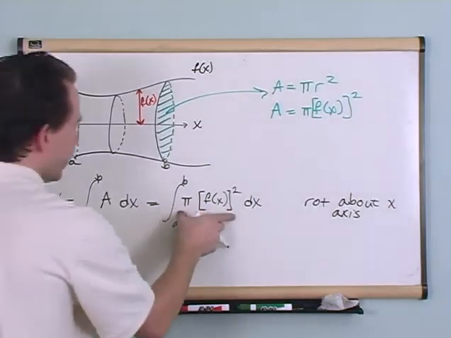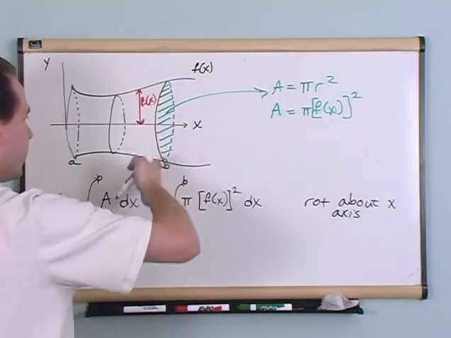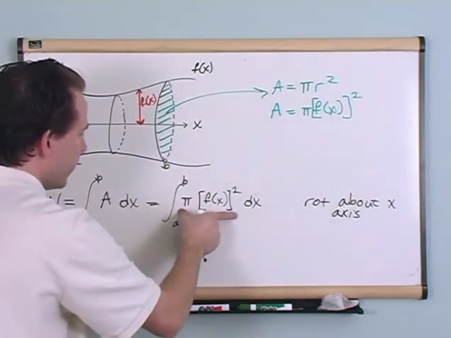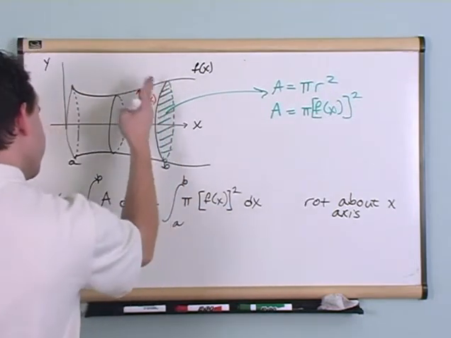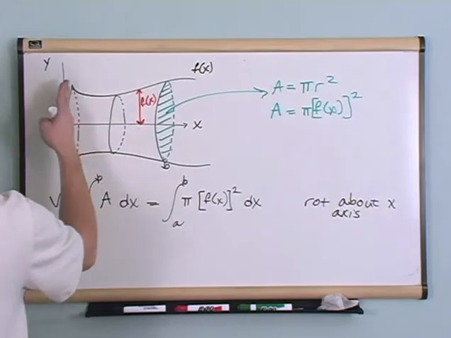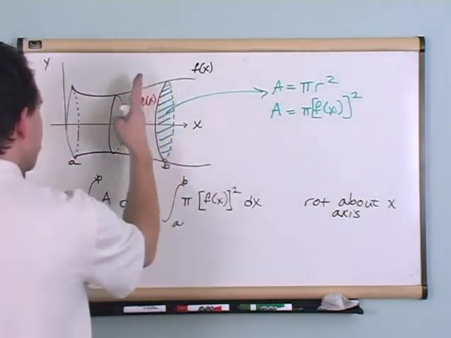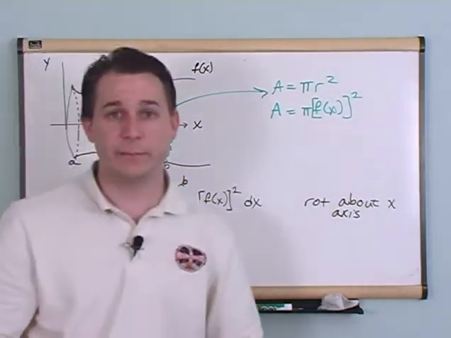What this inside stuff means is if you slice one of these things up, you will get an area like this. But what this integral is doing is it's taking all of these little cross-sectional areas, there's an infinite number of cross-sectional areas here, and it adds them up. And it turns out, the big picture here is,